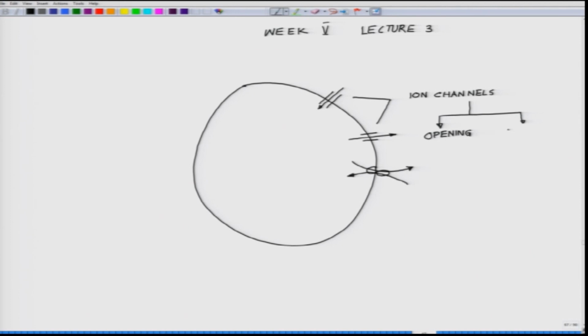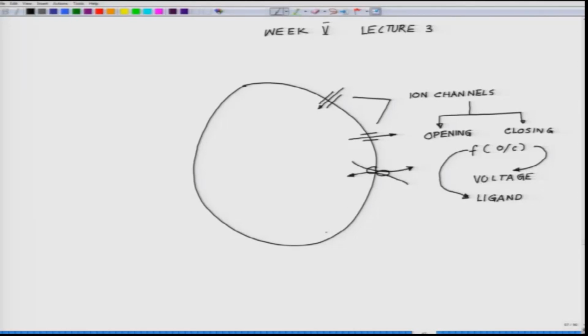Opening and closing is a function of the voltage across the membrane, or sometimes they are governed by some ligands. What do these two words mean? They mean that at a specific voltage,